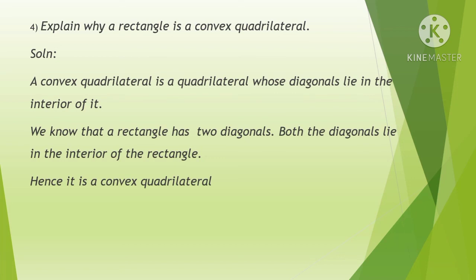Understood, children? Here for square, rhombus, parallelogram, everything they are comparing and writing. We used to say a square is also a parallelogram, then a rhombus is also a kite. Like this, some properties are there. So what you want to do is read it, understand it, and write in your own words. Don't learn it by heart and write it. Mainly from this you will get 1 mark questions: choose the correct answer, fill in the blanks, true or false. If you understand the concept, then it is easy to write it down.